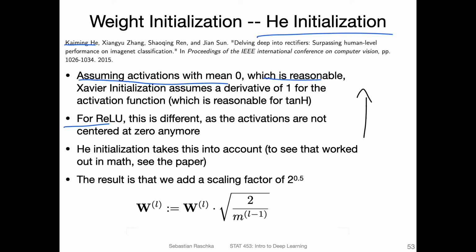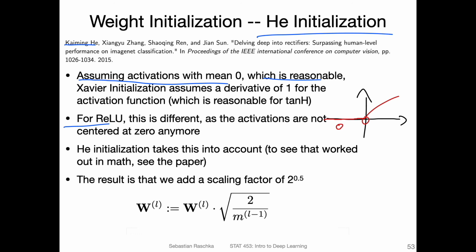If we have a ReLU function, I will only have positive values, right? Because everything on the left side, left from zero, will be set to zero, right? So in that way, we don't have the activation centered at zero anymore. This paper proposes a method that works better with ReLU units where we don't have the activation centered at zero.